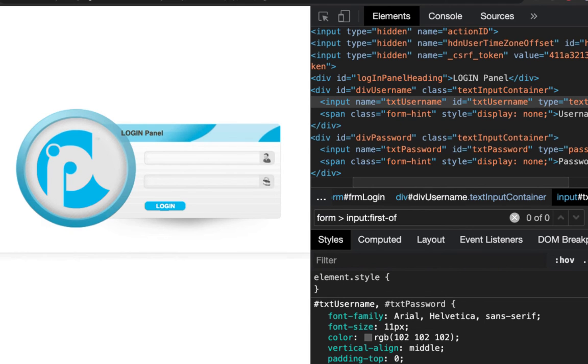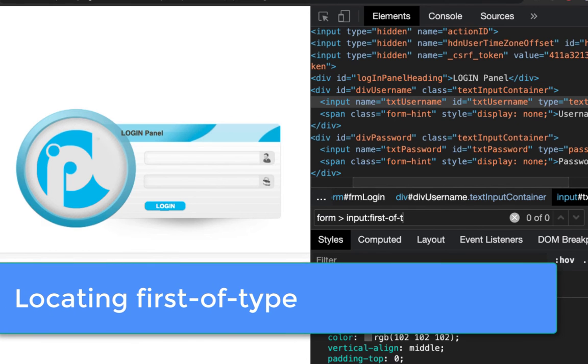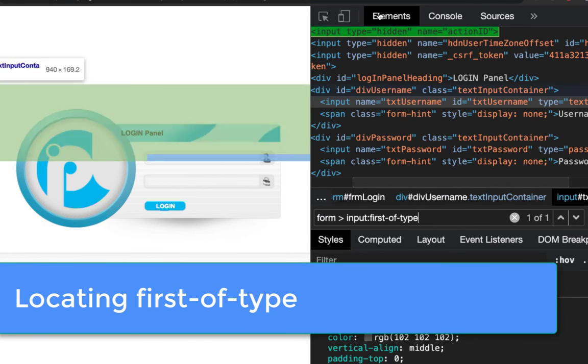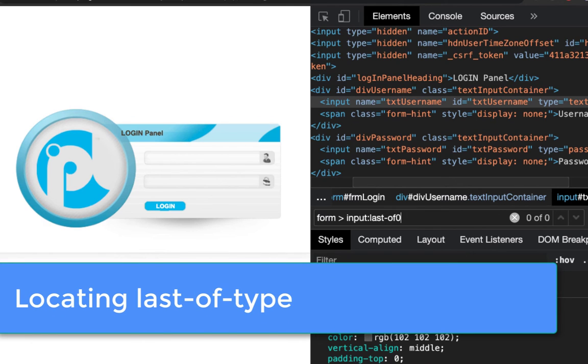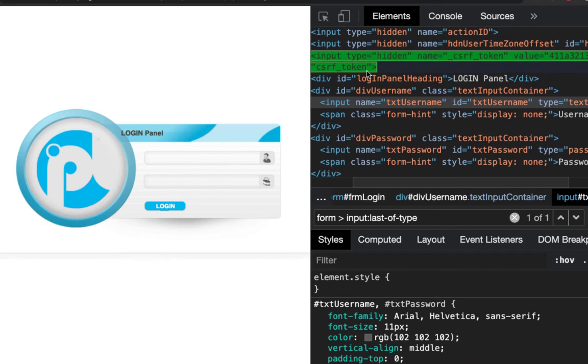If you are interested in just the first element, you can use first-of-type. And also, if you want to locate the last element, you can give last-of-type. Parentheses are not required at the end.